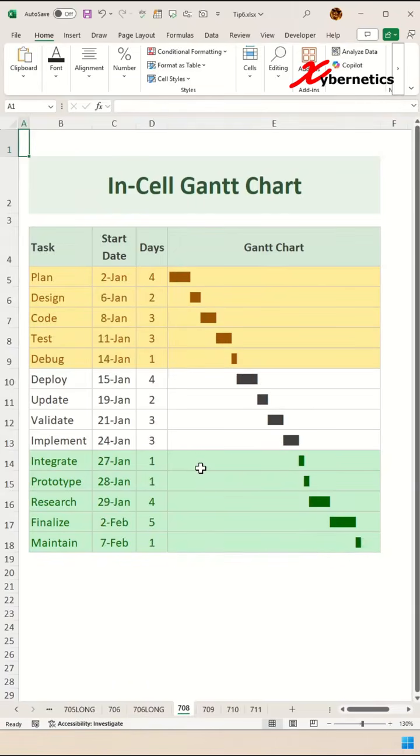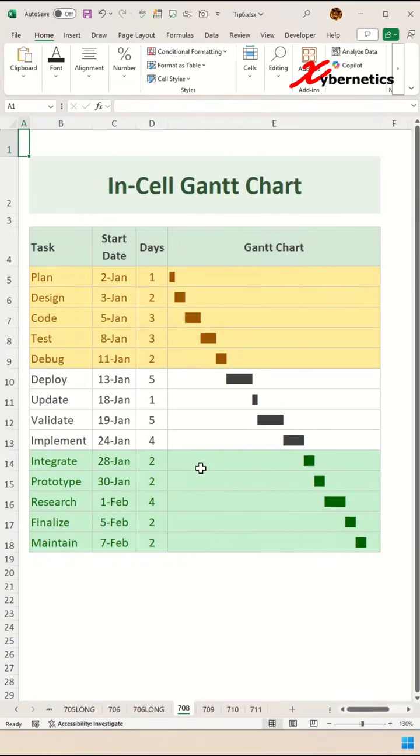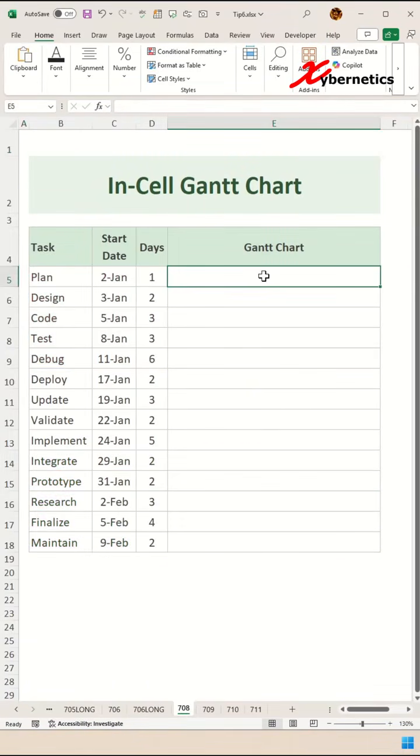This is how you can create a very simple in-cell Gantt chart in Excel. Check this out. The first thing you have to do is to find out how we can fill the first portion of the Gantt chart by simply using the formula equal the start date minus the start date itself. But this time around, you're going to say F4 to make both row and column fixed and hit enter on